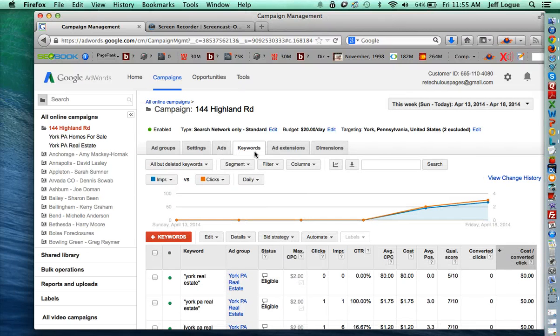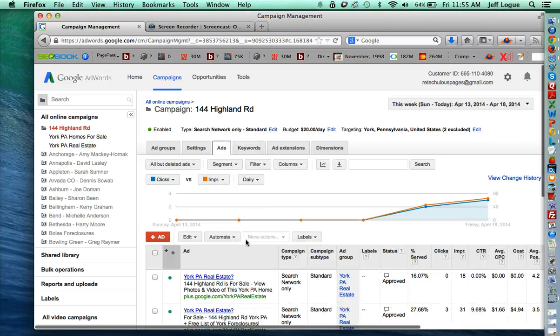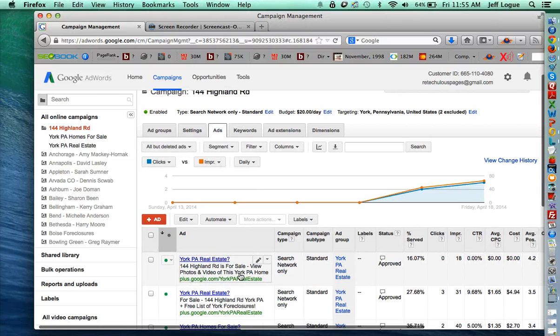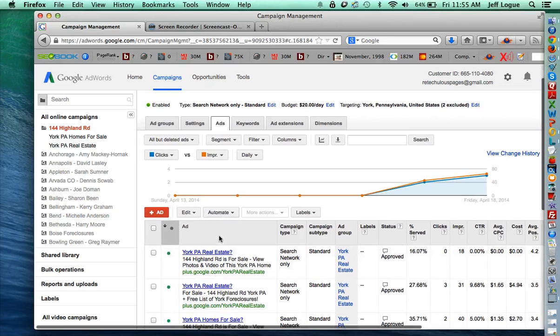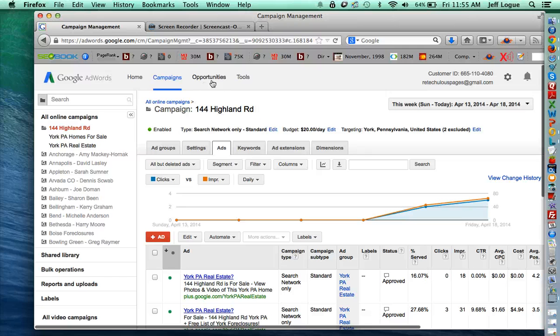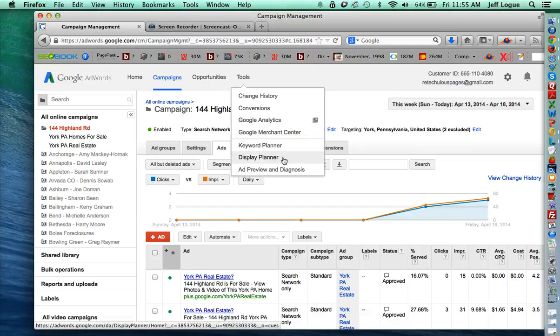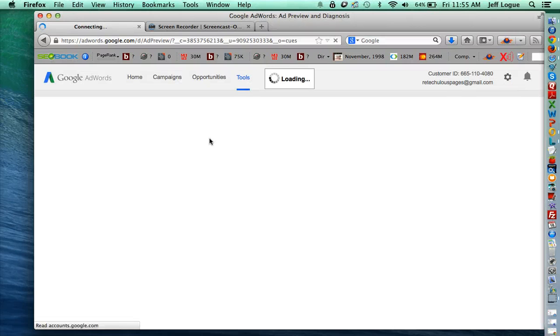And finally, I wanted to show you this. The reason that I recommend using keywords in the title, the body, and the display URL as much as possible is that AdWords will actually bold the words when they're included in a search. And what I mean by that is, I'm going to just go up to tools here and do an ad preview. If I typed in York, PA real estate,